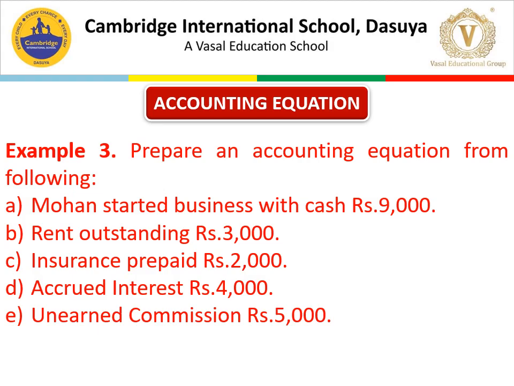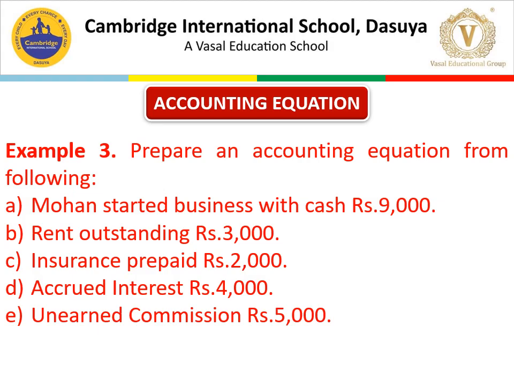So next is insurance prepaid. Insurance prepaid, that is paid in advance. Expenses paid or prepaid, both will be deducted from cash. But in case it is paid, it is deducted from capital. But if it is not paid, it is prepaid. So it will be considered an asset because the benefit will flow in the near future.